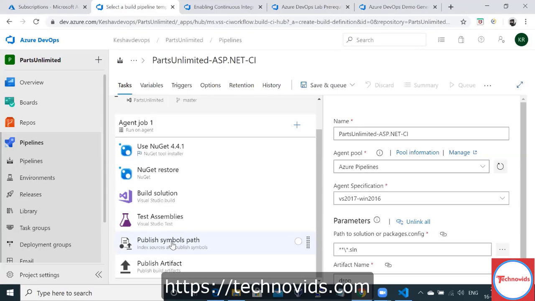So, integration of Jenkins. Remember one thing: when we talk about creating a pipeline, we have build, test, and deploy, right? We can have our build in Jenkins, drop the artifact in some Artifactory, pick the artifact from there and deploy it in a production environment or staging environment using Azure DevOps.